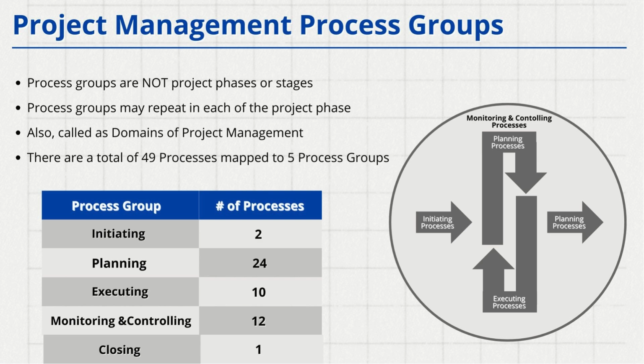For example, we may have a requirement specification document or a requirement management plan. Once these are in place, we can formally close the process. This is just a quick example, but you can see how these process groups fit into various project phases. They are not project phases themselves but rather overarching domains that integrate into different phases of the project.